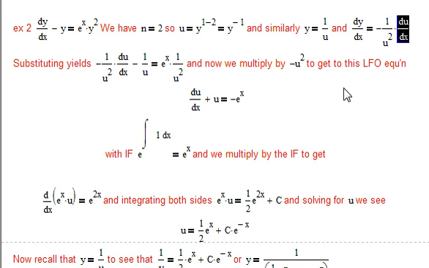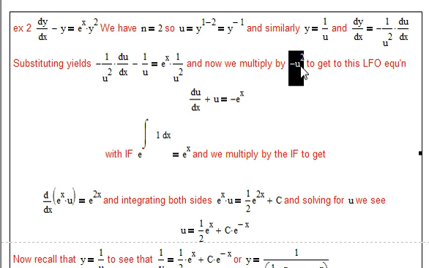So now we want to substitute. Instead of dy/dx, we will have negative 1 over u squared du/dx from here. Instead of minus y, we will have, remember, y equals 1 over u, so we'll have minus 1 over u. And instead of y squared, we'll have 1 over u squared here. Now we just multiply both sides by negative u squared